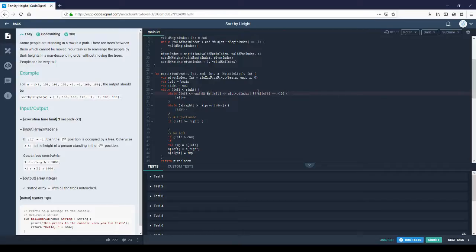If it is equal to -1 or it is smaller than pivot already, it is not a candidate to swap. Likewise, if right is larger, as long as it is larger than begin, and as long as it is not a candidate to swap,